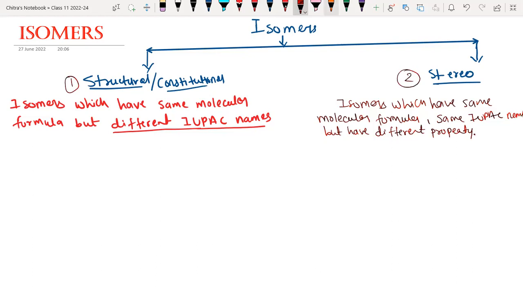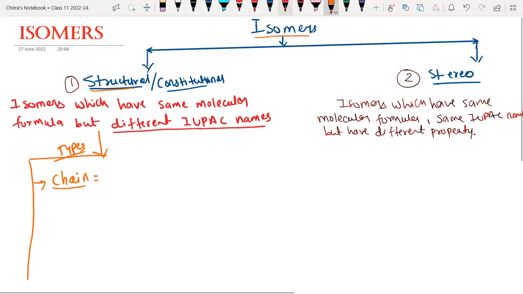Now we are going to discuss the types of structural isomers. For structural isomers, we have five main types. Number one, chain isomers, or chain structural isomers. What are chain structural isomers? If there is a difference in chain, so I'm writing the definition: isomers which have the same molecular formula but different IUPAC names, and have a difference